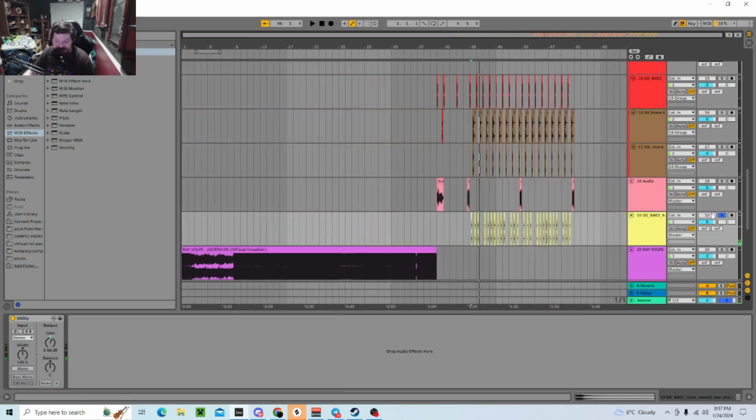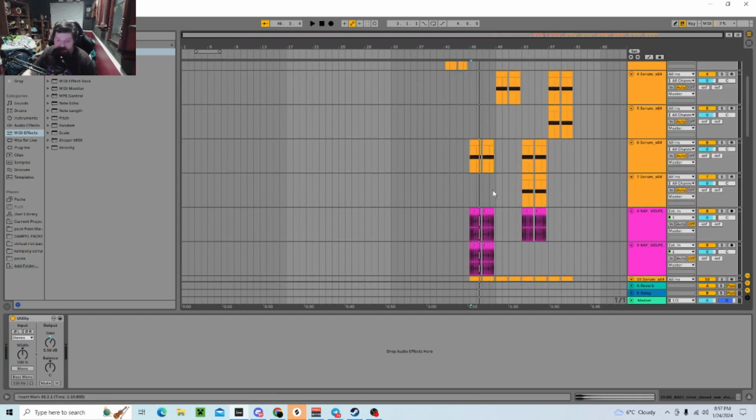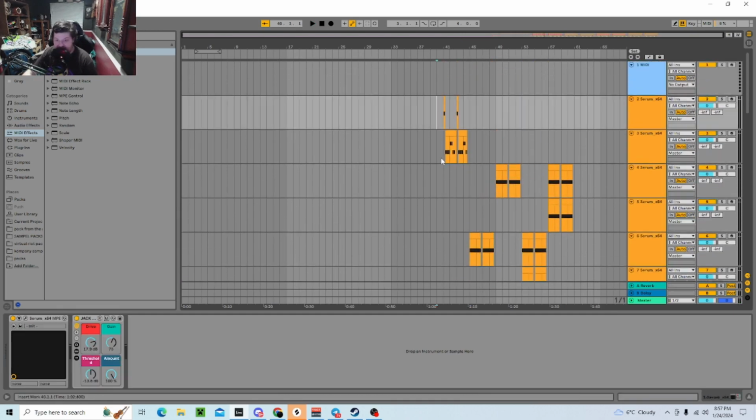And for hi-hats here, just simple Barely Alive hi-hats with a utility on it to boost the gain. So yeah, that's pretty much it. That's pretty much how you sound like Ray Volpe. I think what we learned today is the magic is in peak filters. He uses a lot of peak filters. You can tell that with his basses. When he makes his basses, you can definitely tell a peak